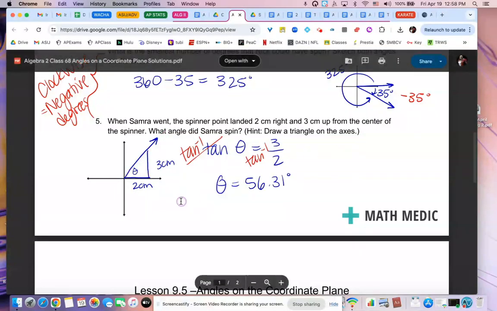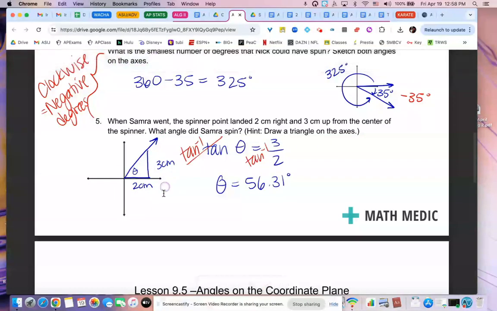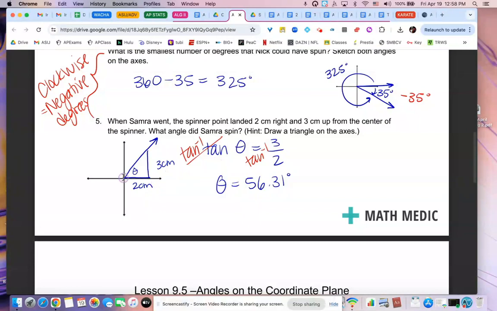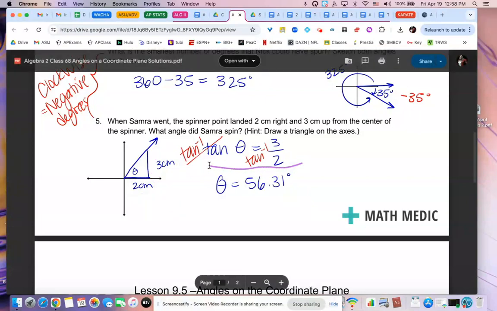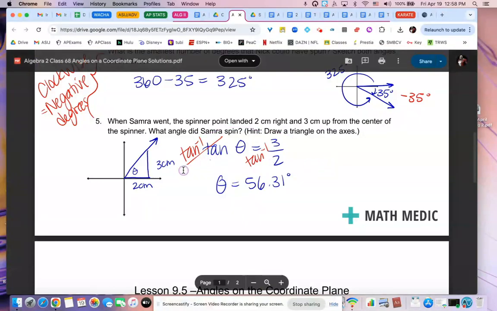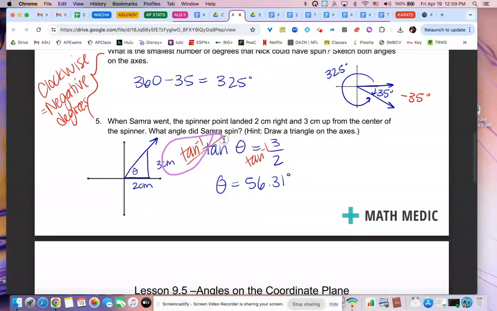Okay, so they want to find that angle. Once you get the picture drawn, it's not so hard because we know how to solve these now, right? So what ratio is this? Well, this is the opposite, right? And this is the adjacent. That has to be a tangent ratio. So you can see we wrote that equation here. Tangent is 3 over 2. To undo the tangent, we do the inverse tangent of both sides of the equation,